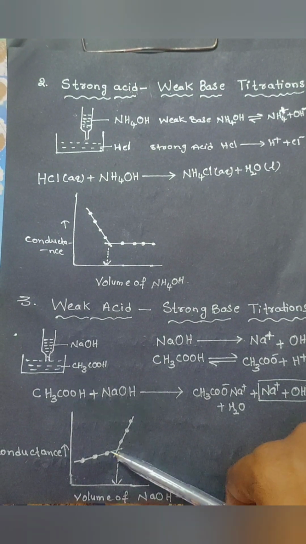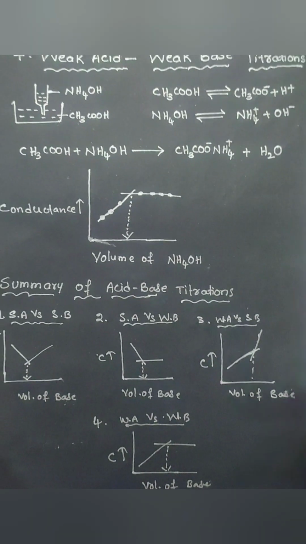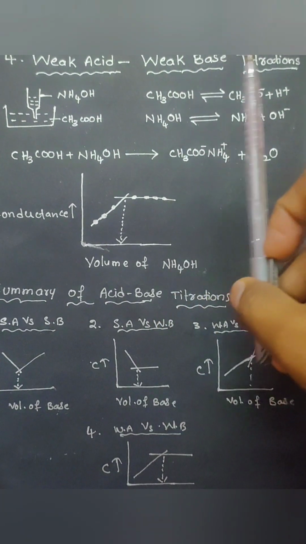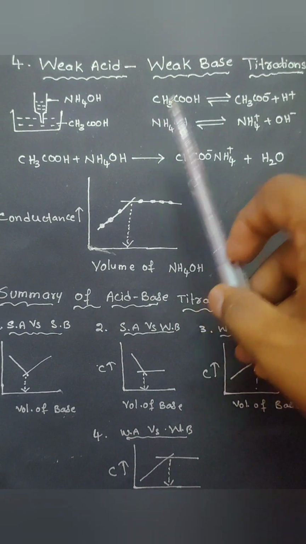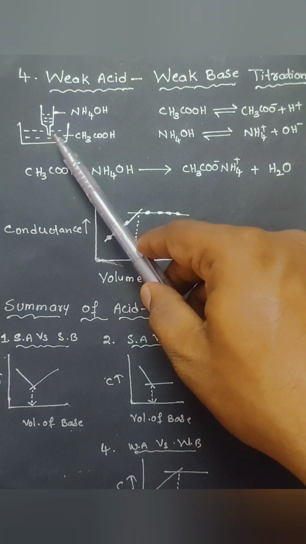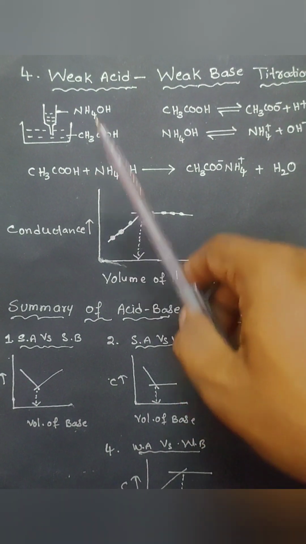So as a result, we get this type of graph in this type of titration. The fourth type of acid-base titration is the weak acid versus weak base titration. Here both the acid and base are weak. So in the beginning, as the acid is very weak, we observe less conductivity, and as we go on adding